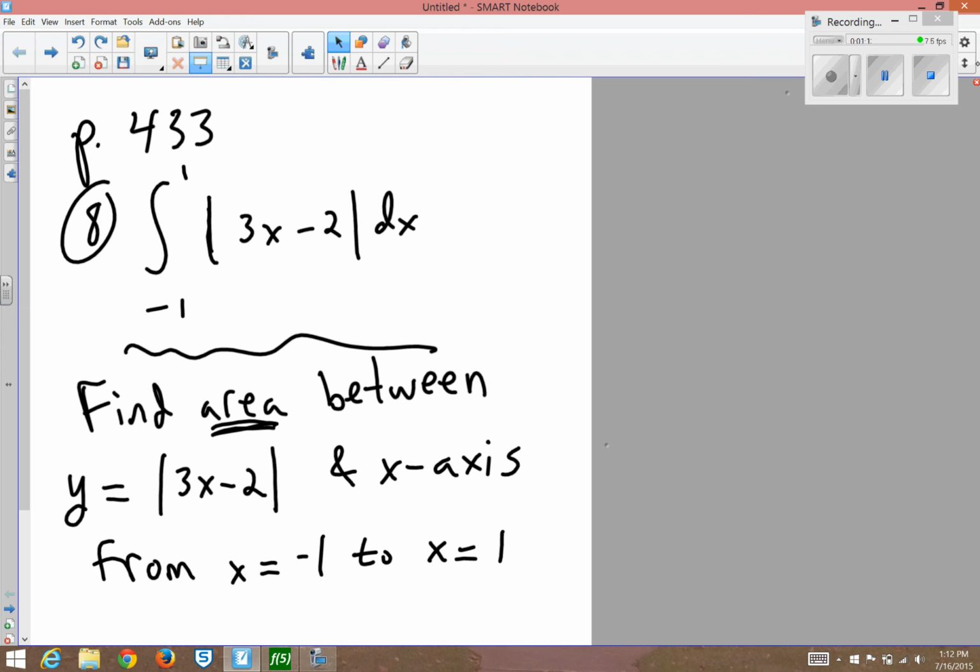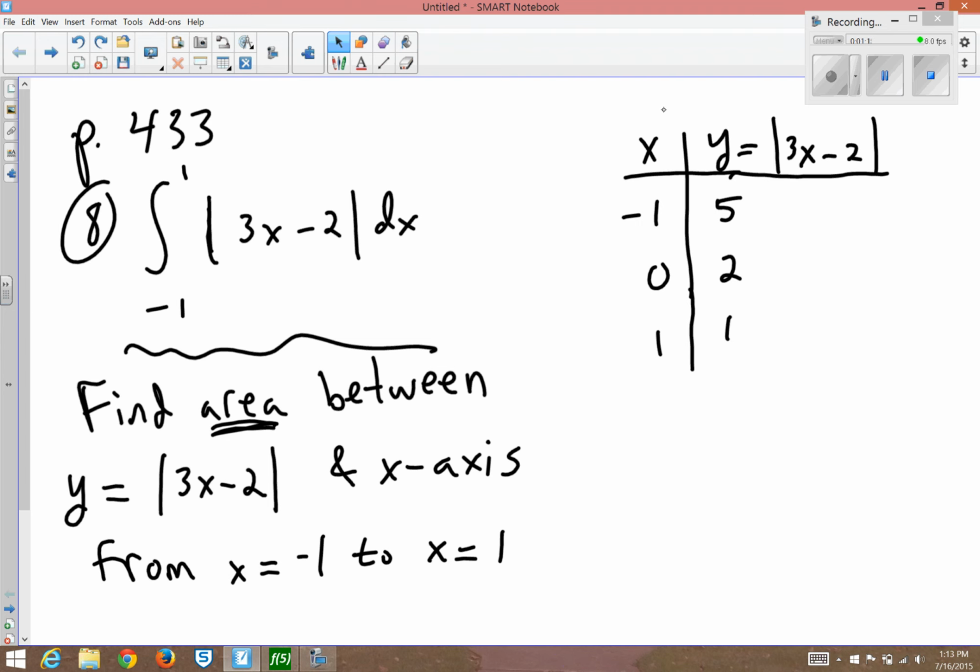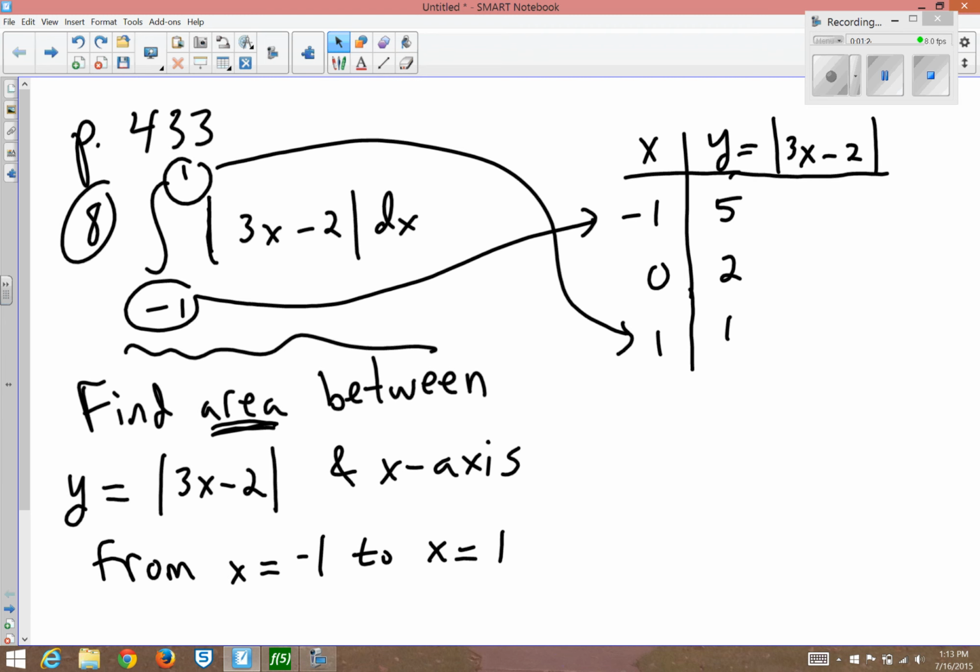If we make a table of values, in the x column we're using numbers that start at -1 and go up to +1. Plug these numbers into the absolute value of 3x minus 2. 3 times -1 minus 2 is -5, but y equals the absolute value of that. Absolute value of -5 is 5. Replace x with 0. Y equals 2. Replace x with 1. And y equals 1. So if we plot these points, the point -1, 5, the point 0, 2, and the